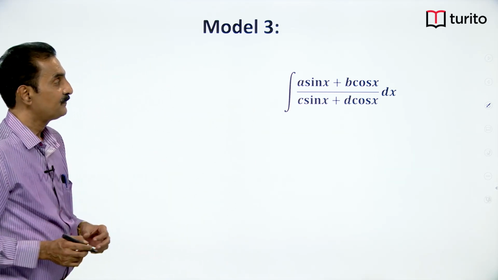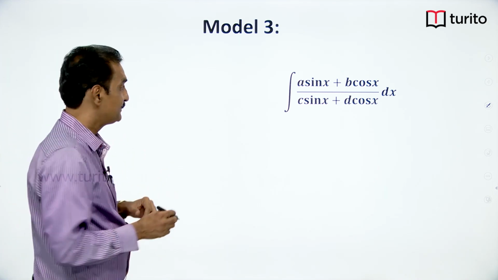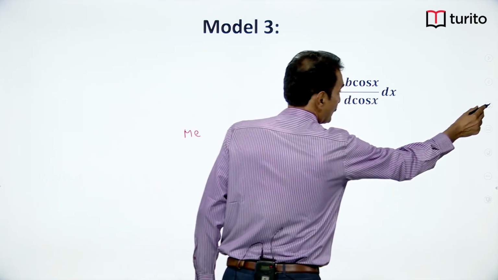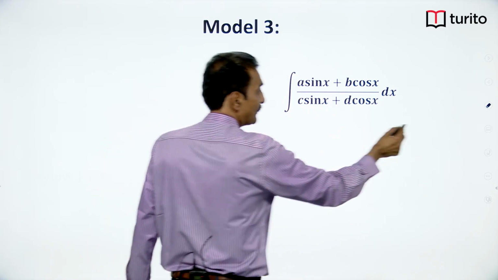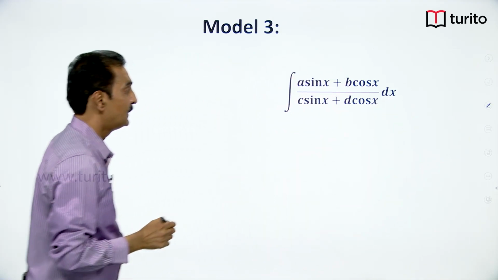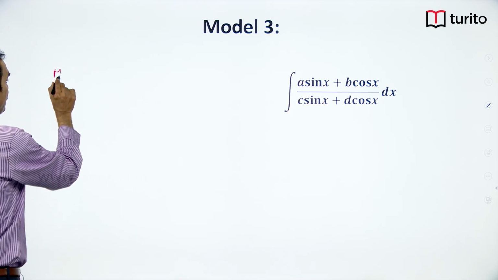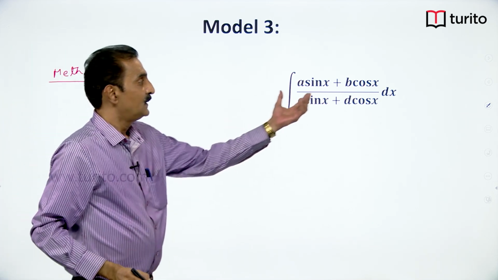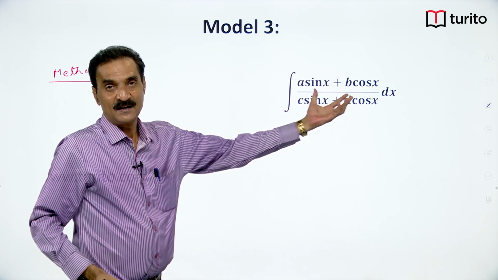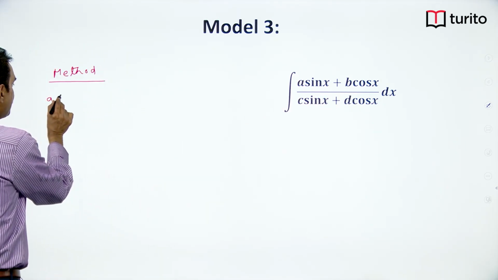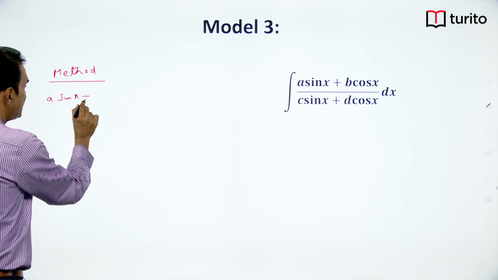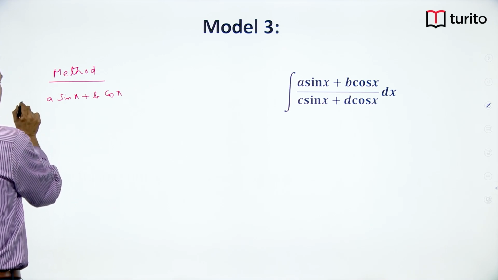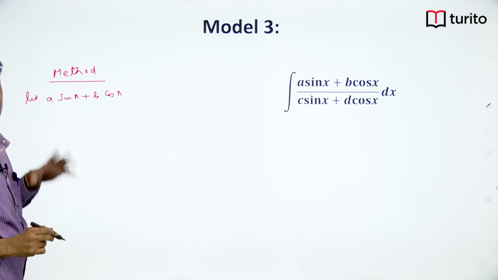For this integral, the standard method is, write the numerator a sin x plus b cos x, let the numerator be equal to